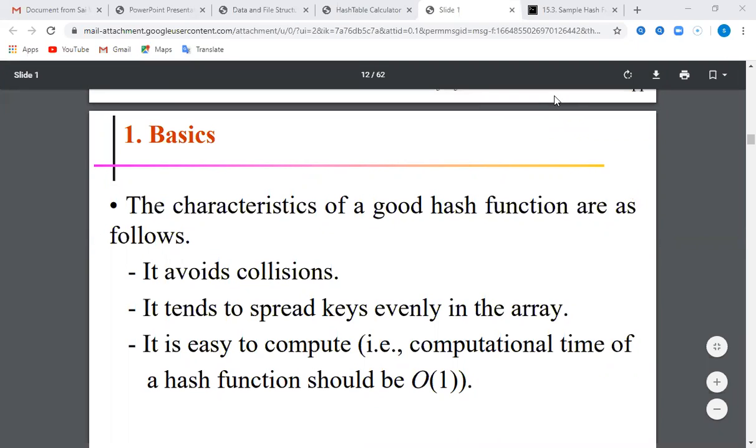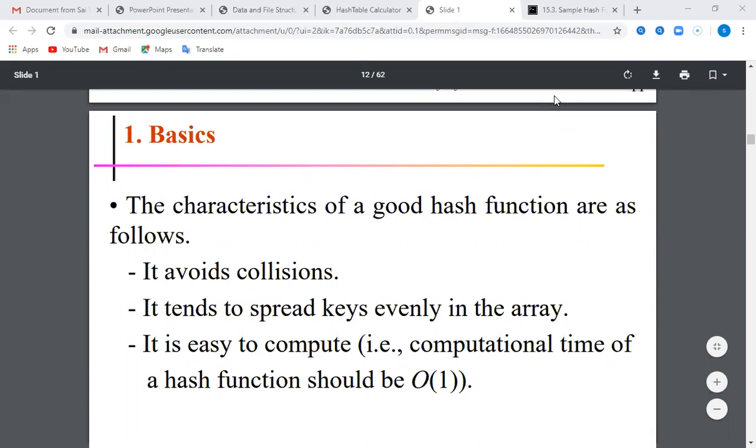Okay. So the collision is nothing but colliding. Colliding means two key values are going to be stored at the same location, the same index. That is called collision. So suppose you have done the division method, and after applying the modulo division for different keys, I got the same remainder value. Same remainder value means same index value. If I want to store more than one key at the same index, that situation is called collision.